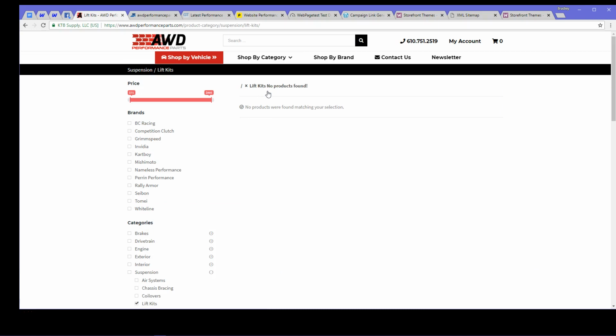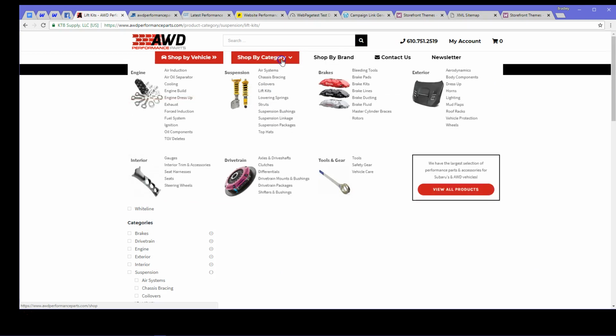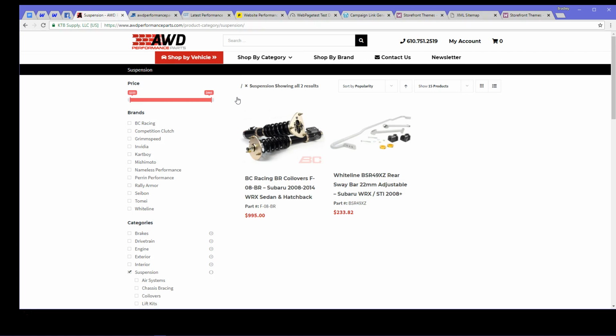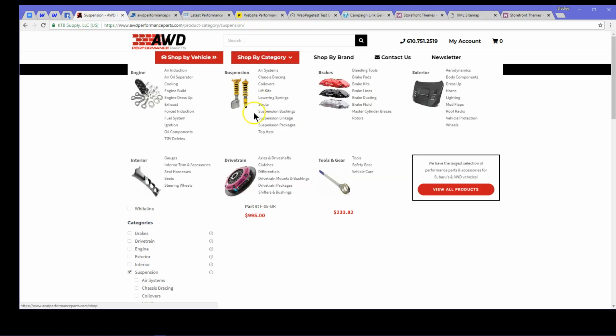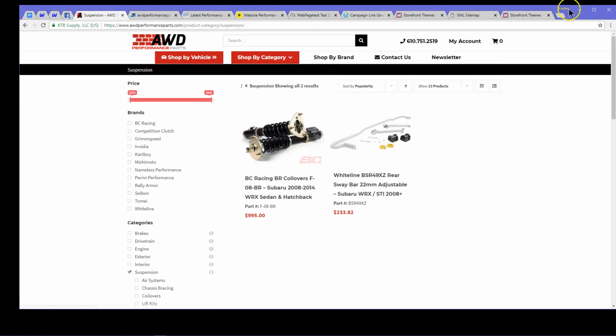But whenever you go to something like, we're in Texas, okay, let's look at lift kits. Well, if there's not any there, then let's get that out of there. Now, this right here is going to be the main category. These are all the subcategories. Okay, rock on. If, however, you take your menu, and this always happens every time, and I'll show you on